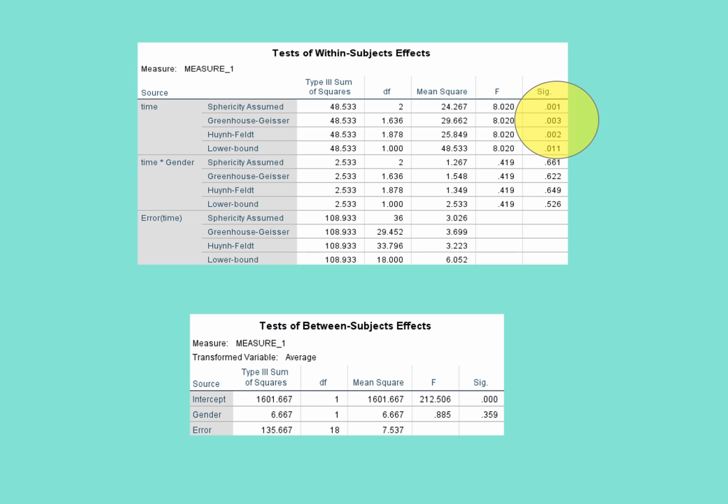Now finally, you might notice that for each effect, SPSS did not report only one significance or p-value. Instead, for each effect, SPSS reported 4 of these p-values. So why did SPSS report 4 p-values? Well, to partly answer this question, statistical tests are only accurate when the data fulfills particular characteristics or patterns called assumptions or statistical assumptions. If one of these assumptions is violated,